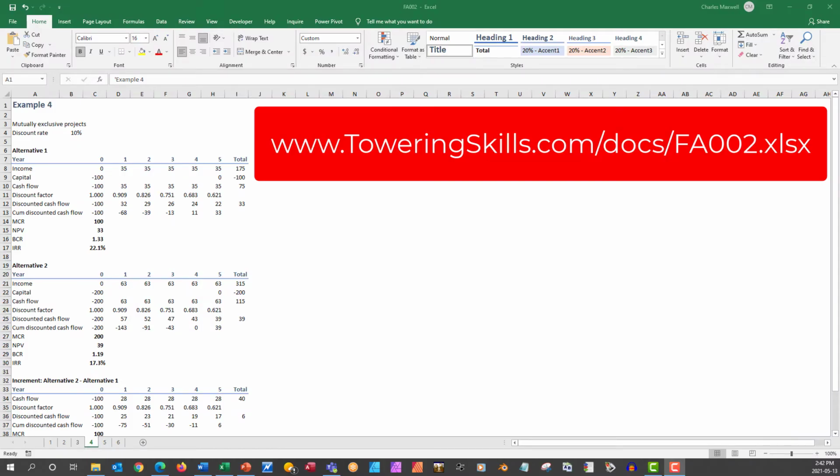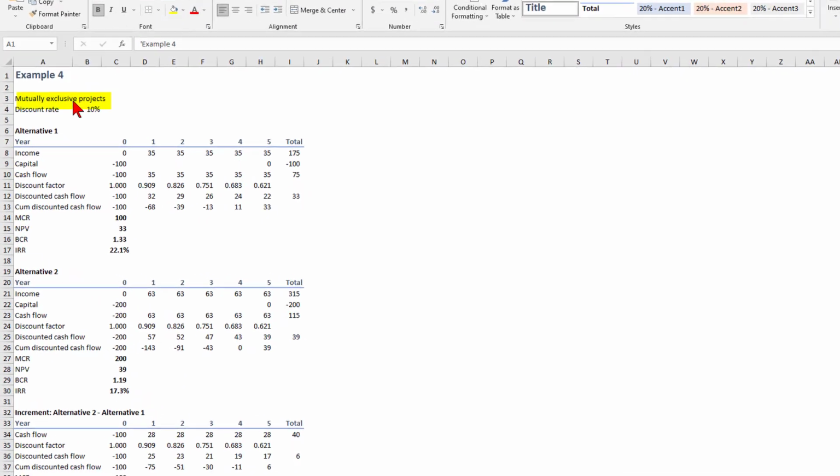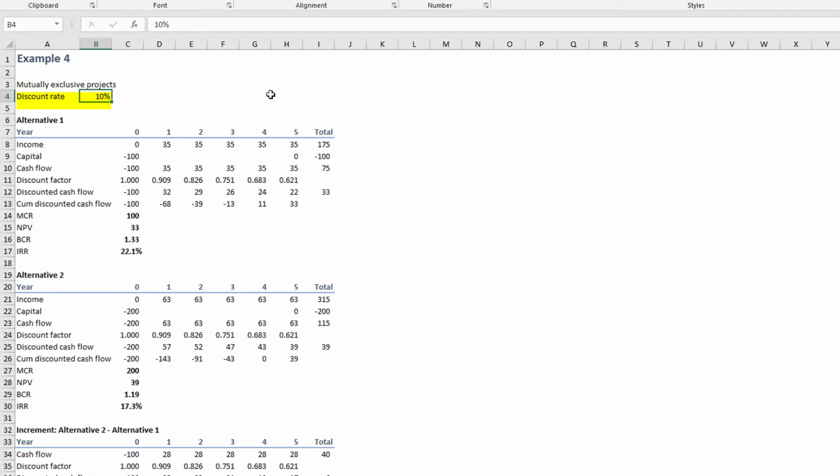You can find the Microsoft Excel workbook that accompanies this video at toweringskills.com/docs/FA002.XLSX. Select tab 4. Example 4 shows two mutually exclusive projects, and it also shows the incremental analysis. The discount rate, shown here in cell B4, is 10%.